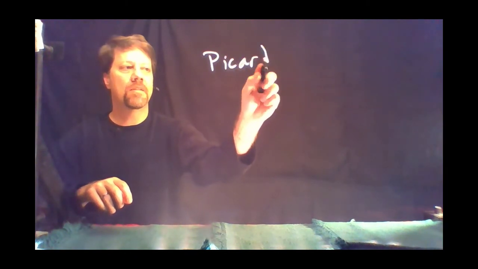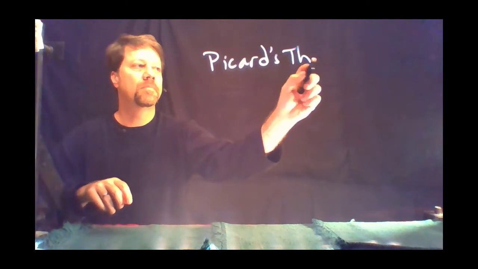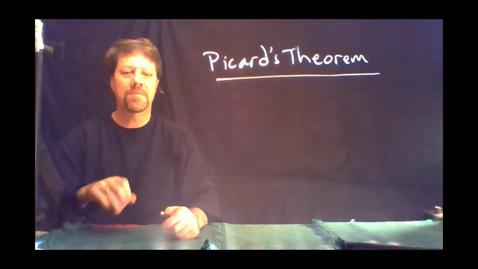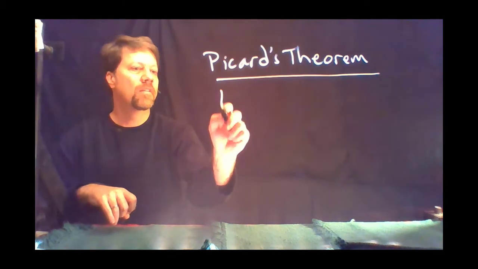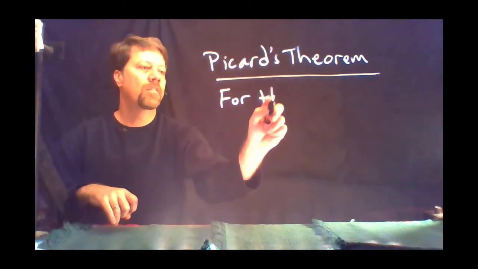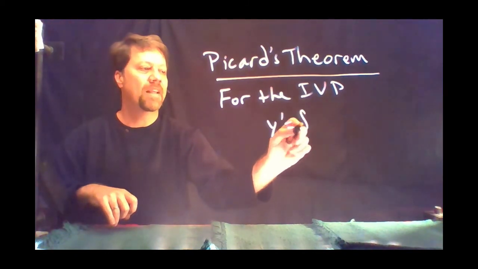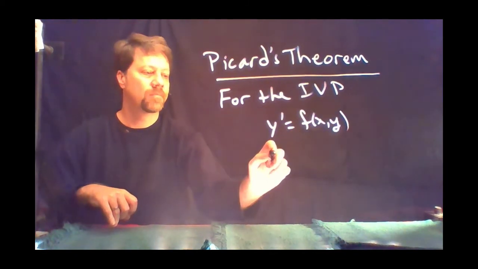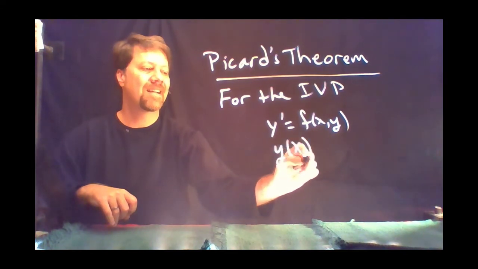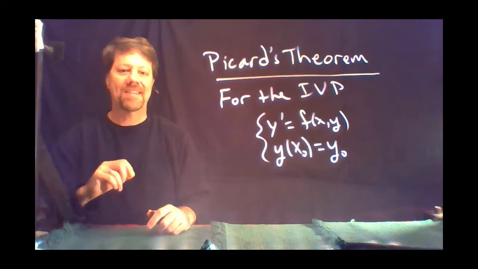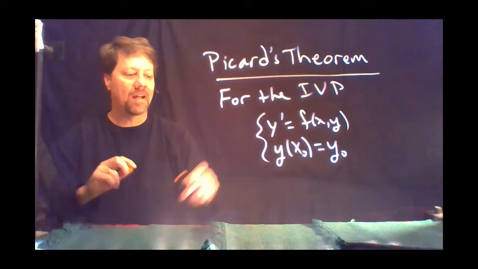The answer is provided by a theorem called Picard's theorem. Picard's theorem says that for the initial value problem, y prime equals f of x, y, y of x naught equals y naught, meaning that the solution curve passes through the point x naught, y naught,